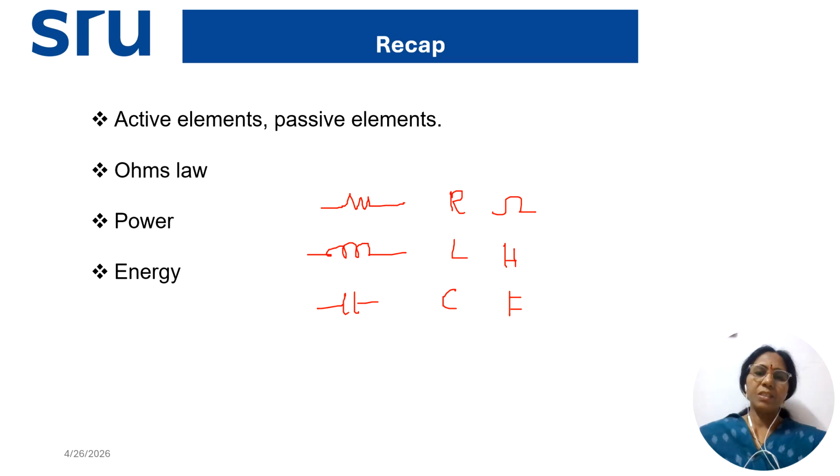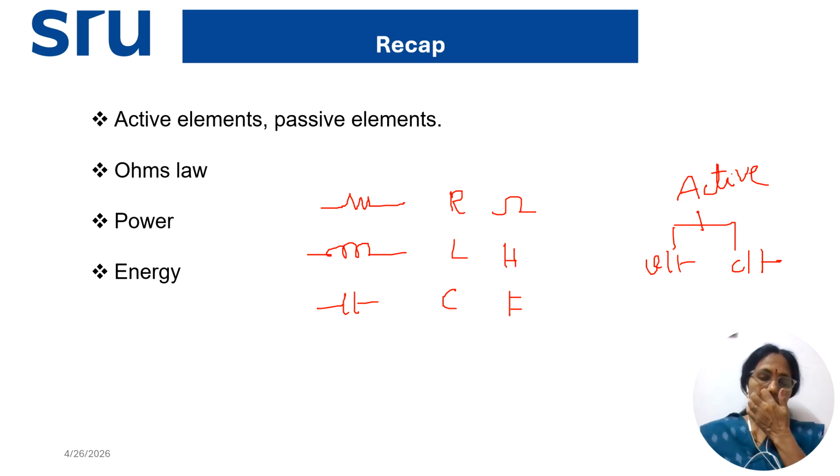So passive elements and active elements. What are the active elements? Active elements are either voltage source or current source. These things we discussed, and even the classification of active elements, based on the magnitude of value, whether the voltage source depends on another parameter or not, based on dependent sources and independent sources, where the independent sources are represented with a circle like this, voltage source with minus plus or plus minus, and the unit